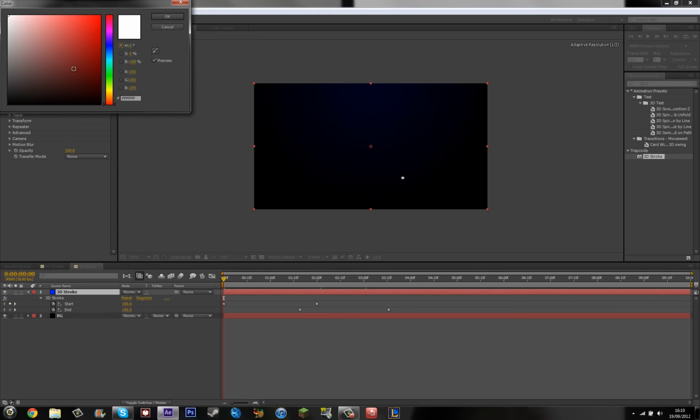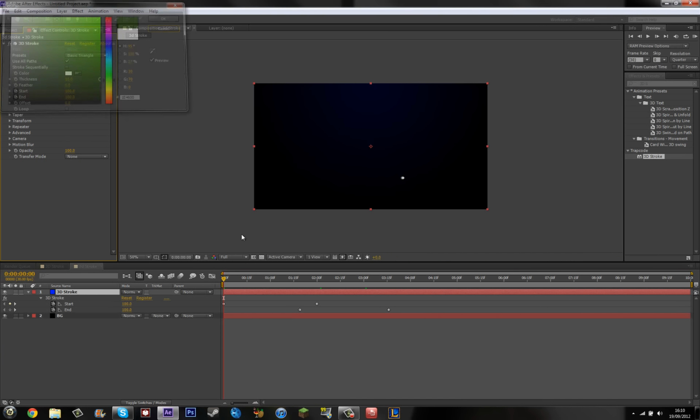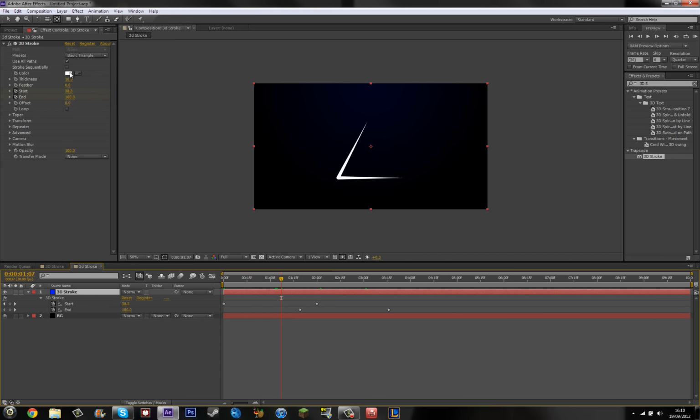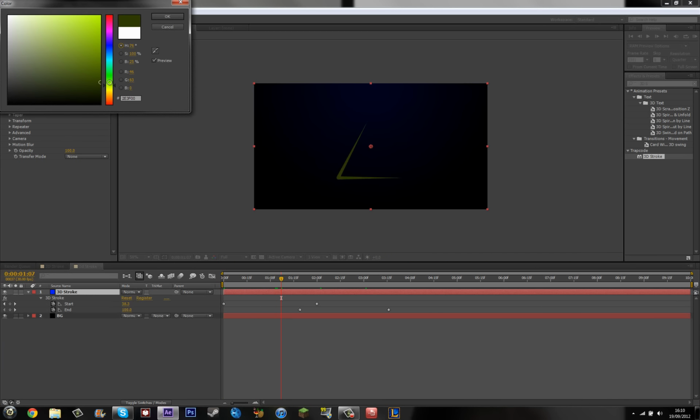You want to change the color to a lightish color. You don't want to have it dark like down here, because if it's dark, it doesn't look very nice. So preferably you'd want to bring it up to here and pick a color. So I'm going to pick